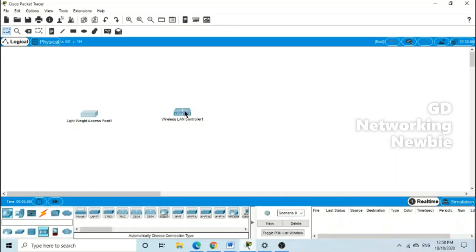So if you remember, in an autonomous access point we have both parts in the same place, but now we have divided some of the functionality in this wireless LAN controller, and some of the functionality is there in the wireless access point. Clear? Then we need a switch to connect them. So this is the switch we are using,